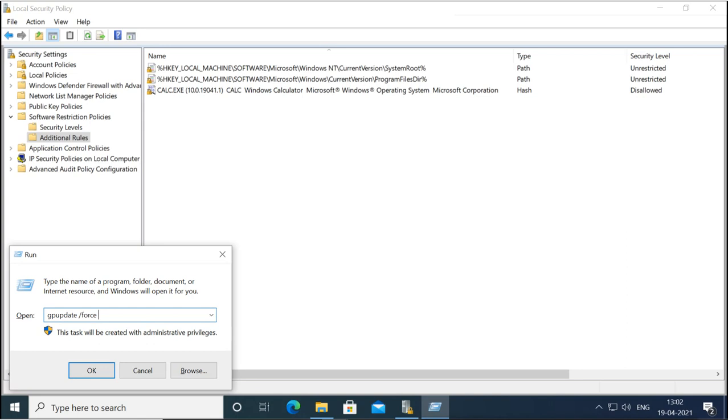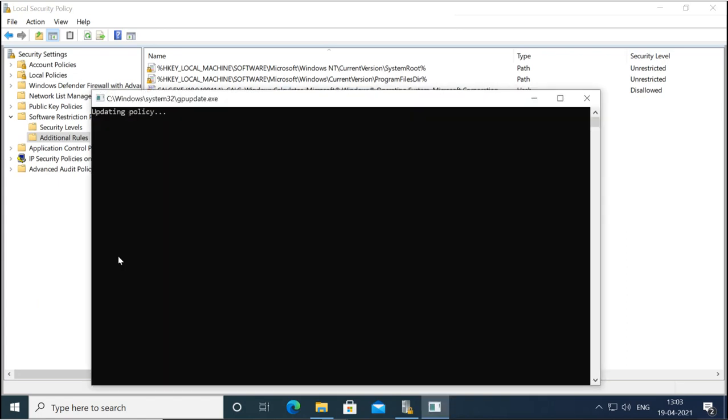Now some policies you made in group policy require a log out of the system, then you can mention log off here also. If some policy requires logging off your system, then it will log out also, and some policies require a reboot of the system, so we can mention this option also. That means if the policy requires a reboot of the machine, then it will reboot also. I am saying reboot if it is required, log out if it is required, but do the policy update forcefully.